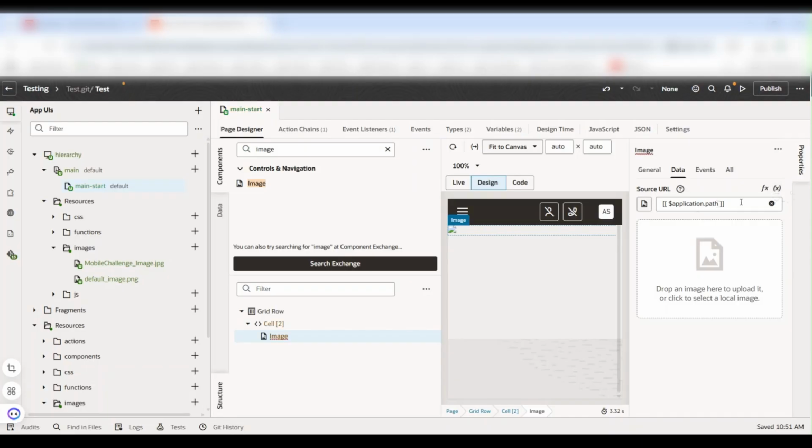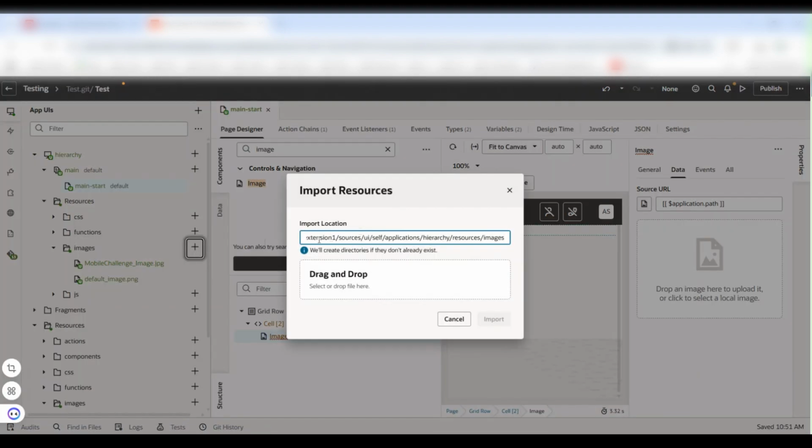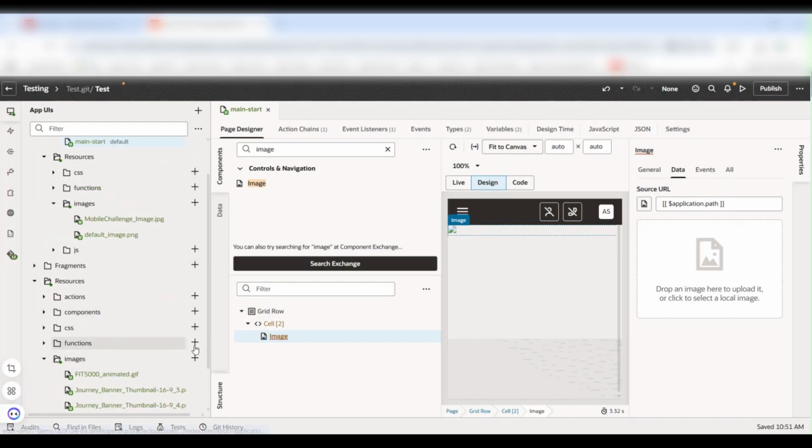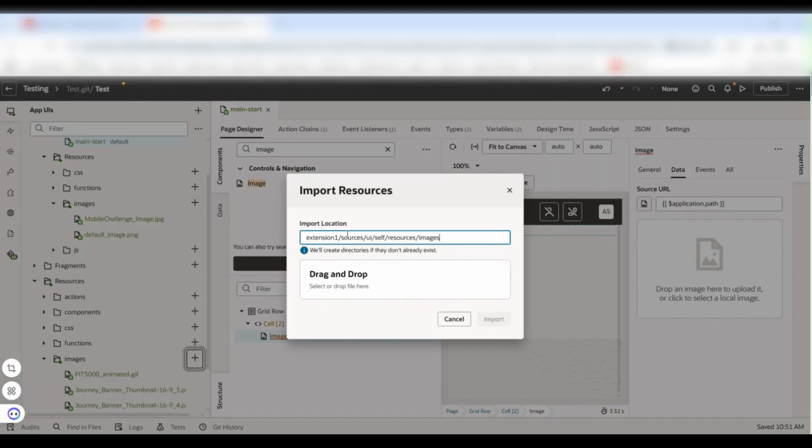So these two are the important variables which we will consider while placing the image. Why? Because the image URLs and the directories are getting changed. Extension UI sources self, and if you go here, it will be something else, extension UI sources self, resources images.